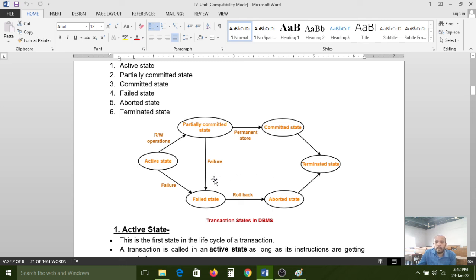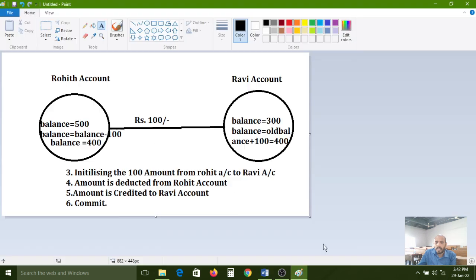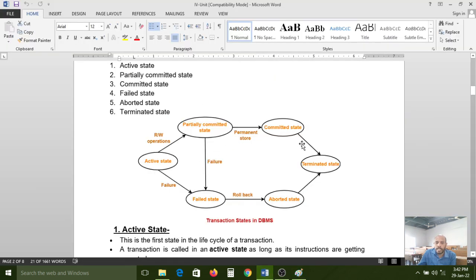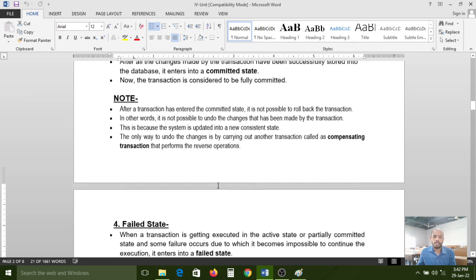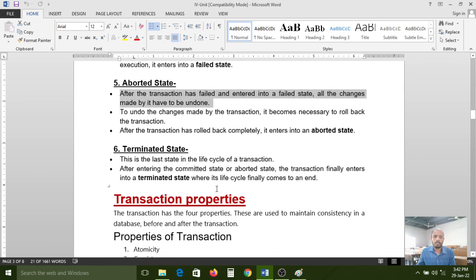If you haven't performed any transaction on the account, then automatically you will close that application, because you should wait some time to get the response from this account. Is this account ready or not? Okay. So when Ravi's account is available to receive these 100 rupees, only then will the transaction be successful. Otherwise it won't be successful. So those are the transaction states.